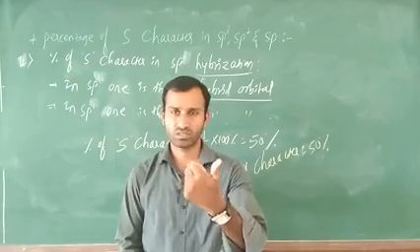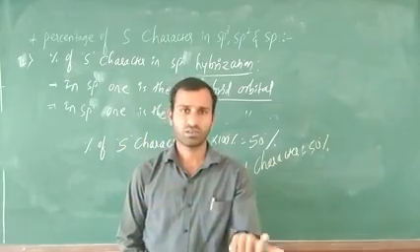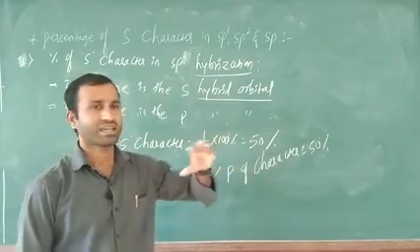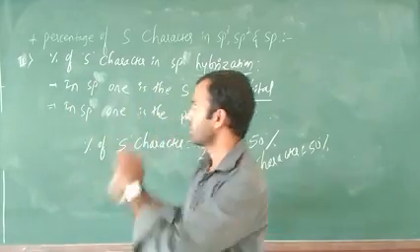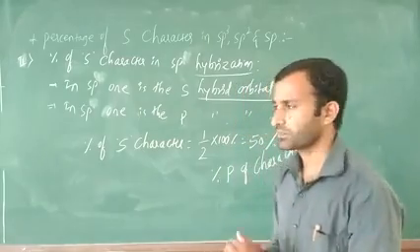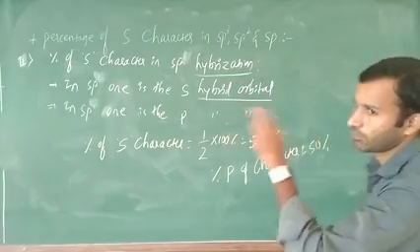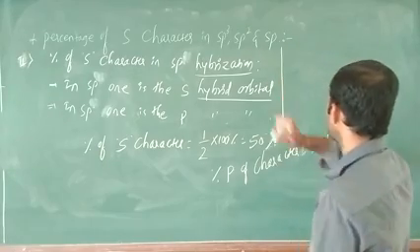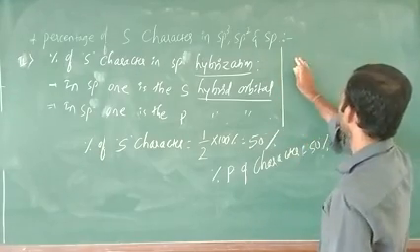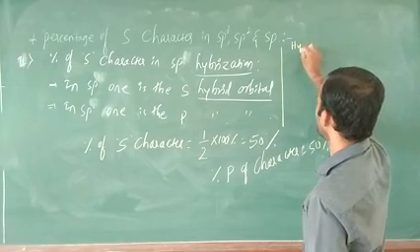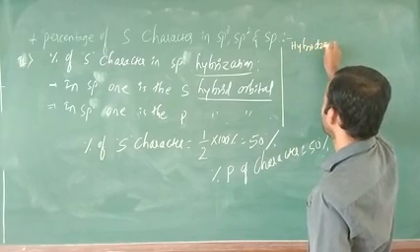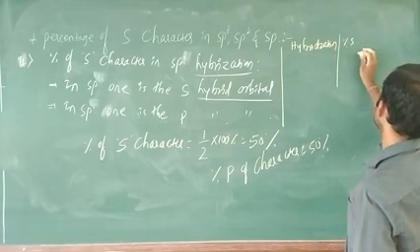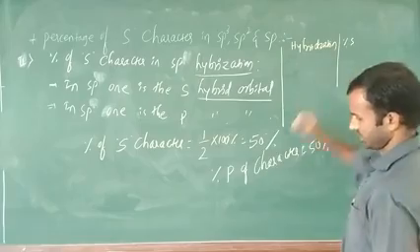sp3 25%, next sp2 33.3%, next sp 50%. This is the s character of sp3, sp2, and sp. Better you make a tabular column. That is also very simple. While you are studying, make it very simple. I am going to write a hybridization column, for better understanding. After that, the percentage of s character.